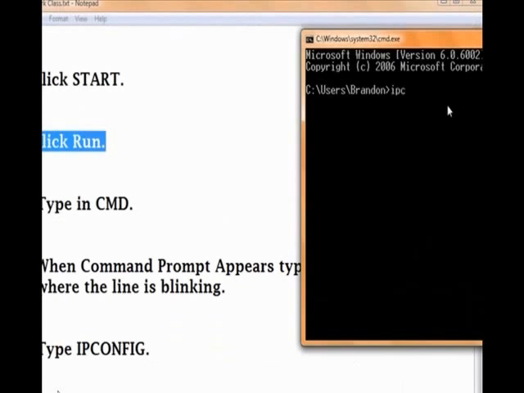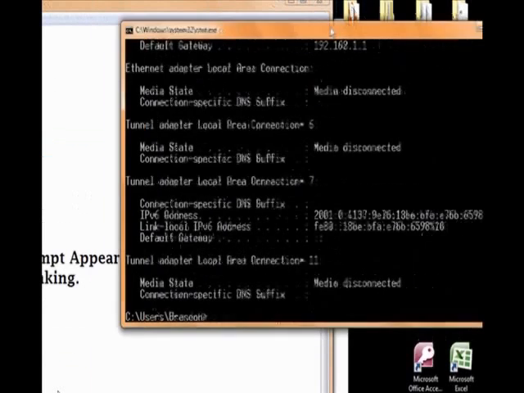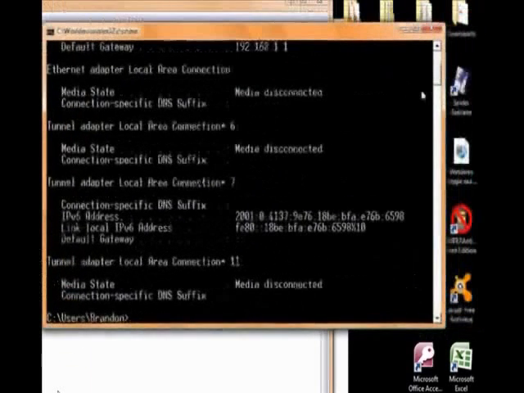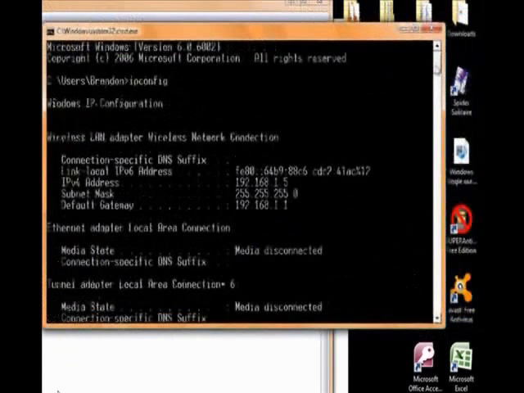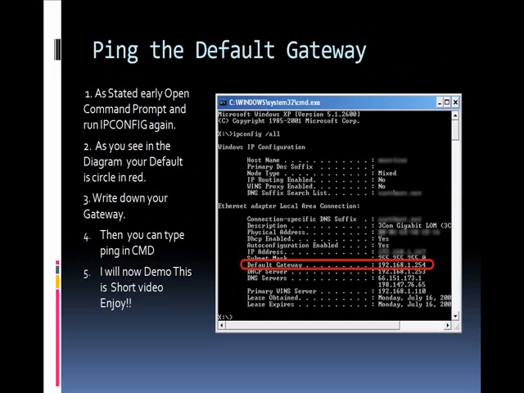I am typing in Ipconfig in my command prompt, and look, it gives me my information of my IP address. Right there, if you can see, is my IP address. And under it is my subnet mask, and under that is my default gateway. This will tell you what your IP address is, and will give you vital information that you need to know. A better idea of what all you can do with it and how